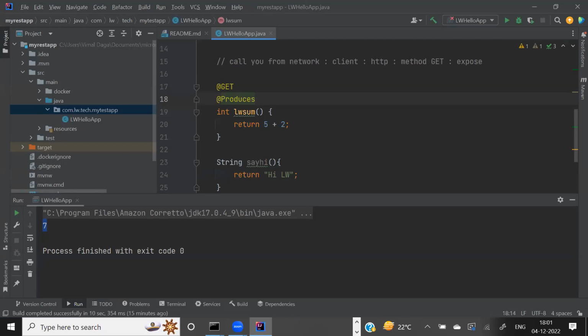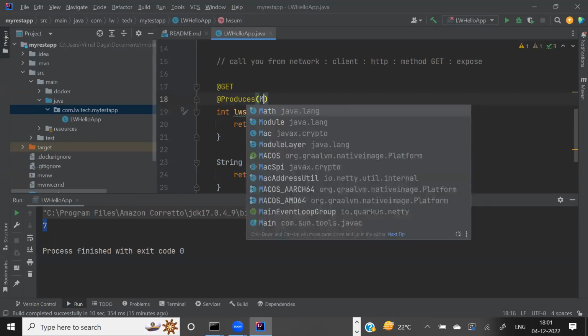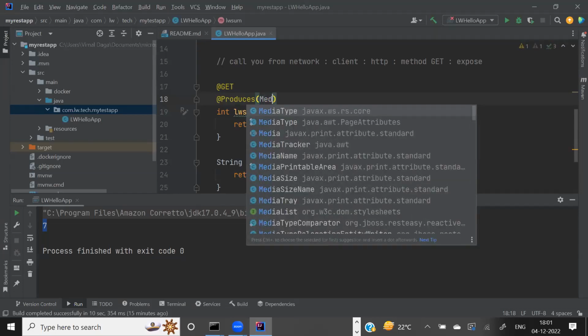So Produces is one annotation. What it will do, I explained to you already. Whenever this function runs, Produces, being one annotation, takes some input, and here they say my media type. I can see there are two media types here, but you take the first one that has javax.ws.rs.